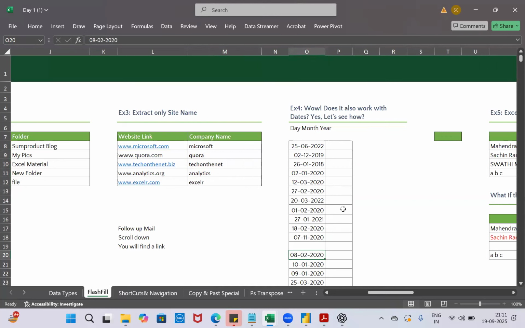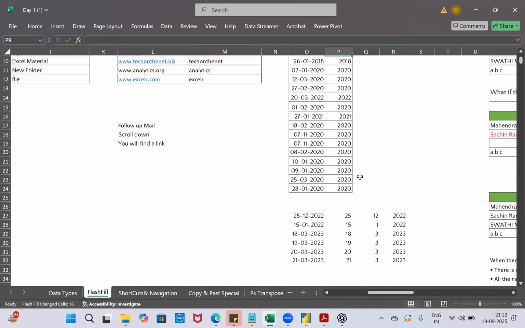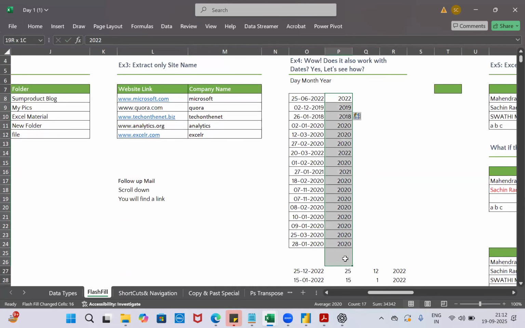Now let me go and tell. Let me copy paste this one. Some data is missing. Here we are only able to see the year, not the day. I'll tell you why. I'll give 2022 and press Control E. Can you see the data is working well? But if I give 25, do you think the data is working well? It looks good, yes. Correct. I'll give 06.